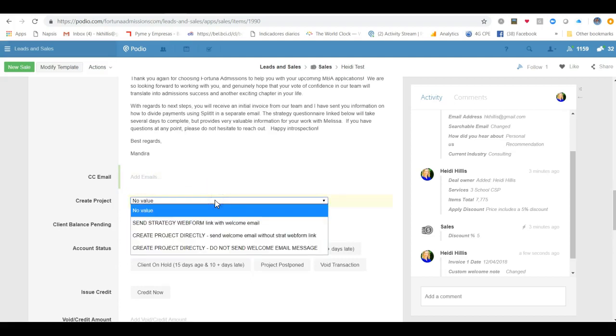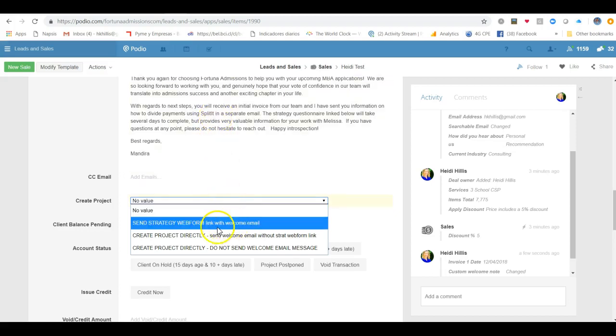And then you would create the project. Here you have 3 options. One, which is going to be the most common, is that you send an email which will include the text above and a link to the strategy web form. The strategy web form is going to be used in most projects, all CSPs, and any project that's probably over 4 hours,